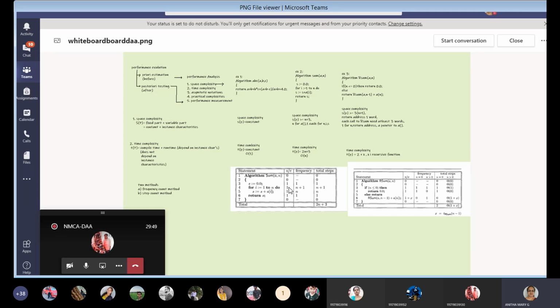And in the for loop, at a time only one value, so 1 unit of time. And this statement also at a time 1 unit of time. So 1. And returning also, it returns at a time only 1. So 1 unit of time. And this brace takes 0. So moving on to the next column in the table, frequency. Algorithm sum.